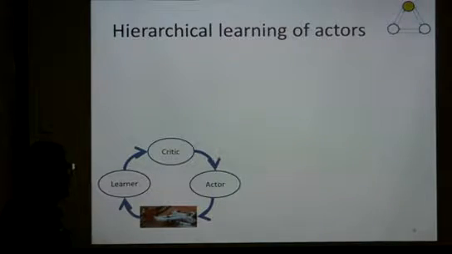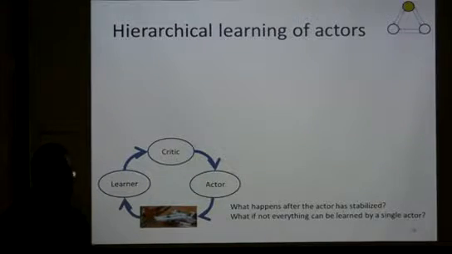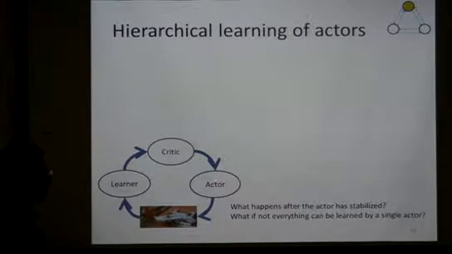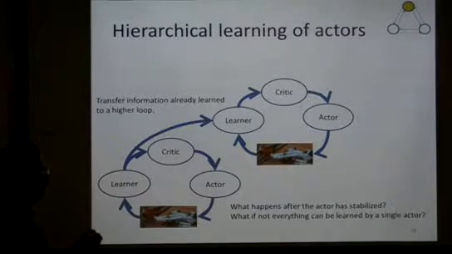Okay. So you have this curiosity loop that acts in order to learn something. What happens if the actor somehow stabilizes? This is the policy, and any change in the policy will not give you better learning. You have some really good actor, nothing changes, but you haven't learned everything that you want. There is some new feature in the environment that you still haven't explored, and because of some limitations in the actor, you can't reach it. What do you do? You put in a hierarchy. You transfer what you learned to the next level, and then you implement the same curiosity loop.